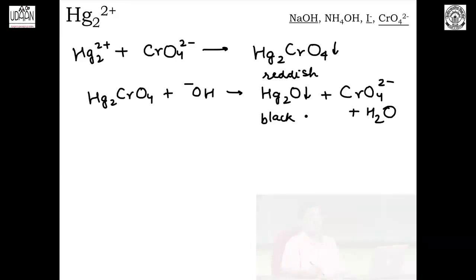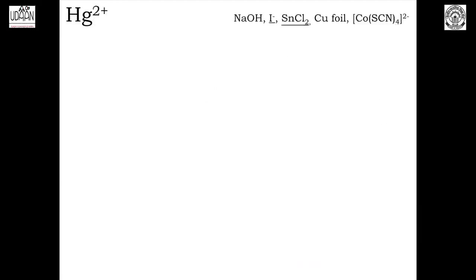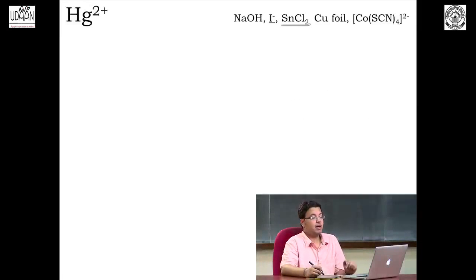So, these were the reactions of Hg2 2+. Moving further, Hg2+. In this manner, we have entered group 2. These were the cations that we discussed of group 1. Group 2, the group reagent, as we have already seen in the overview, is acidic solution with introduction of the